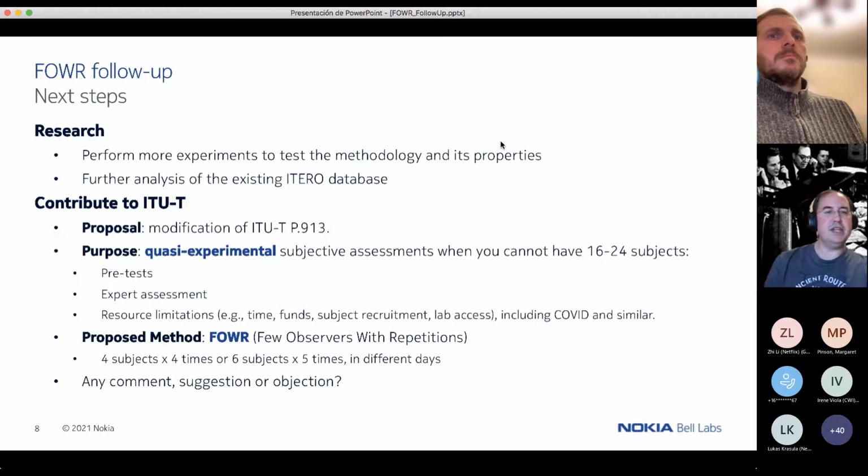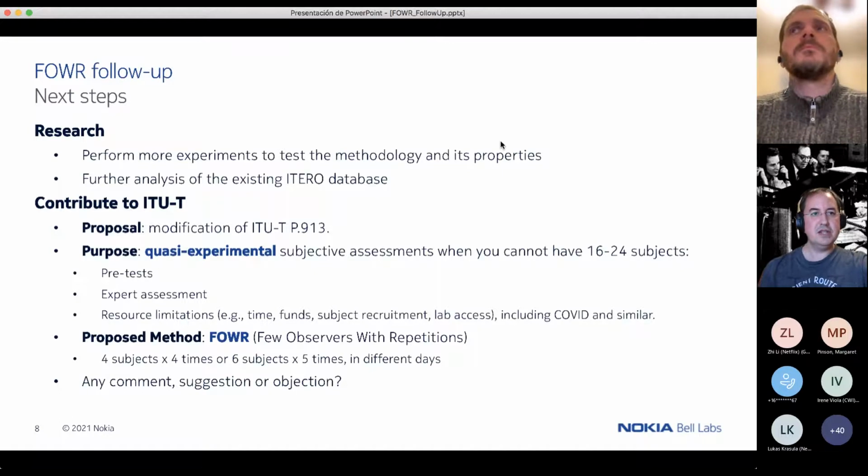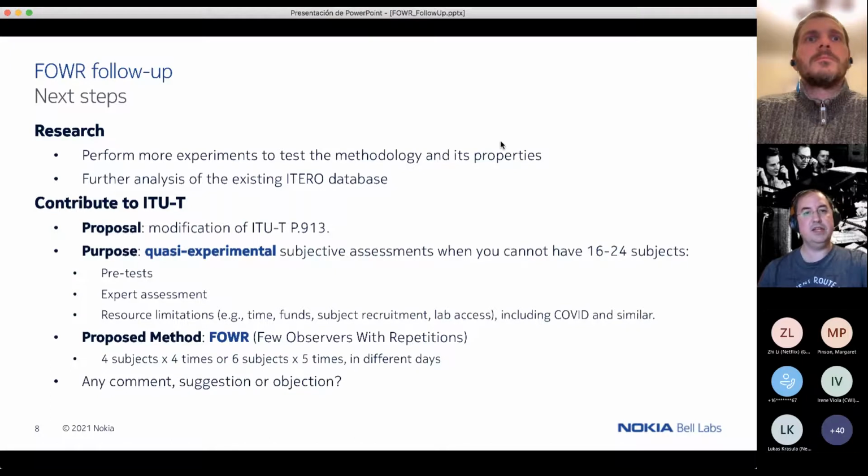But we also think that this kind of methodology is useful for people who are in the same situation that I was when doing this research that I presented in the previous 2 slides, which is not being able to have 16 or 24 subjects to run a subjective test, and therefore you need to do something else. And we are thinking of proposing this methodology to ITU-T, particularly for this kind of test. I mean, for pre-tests